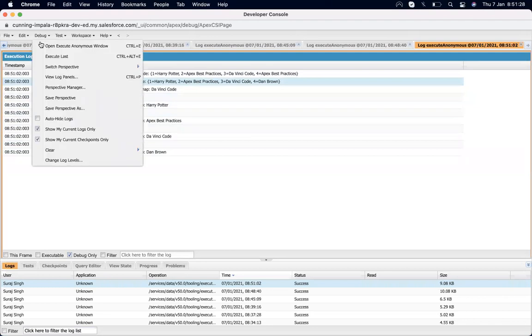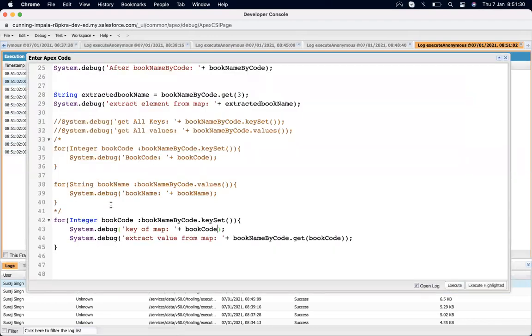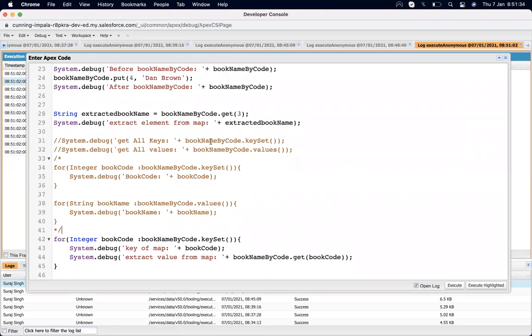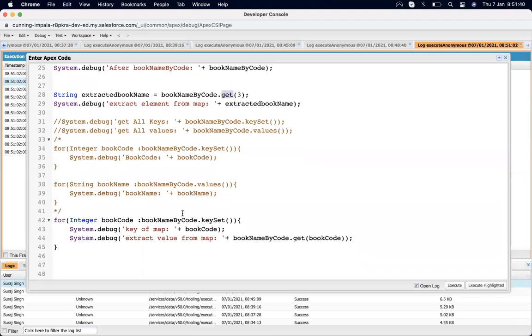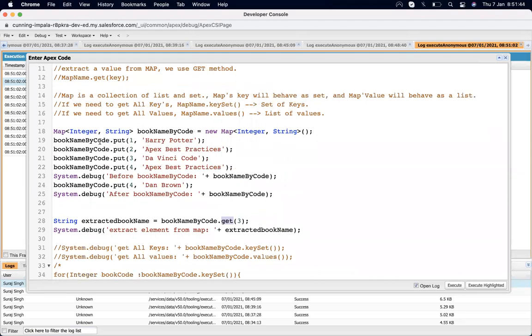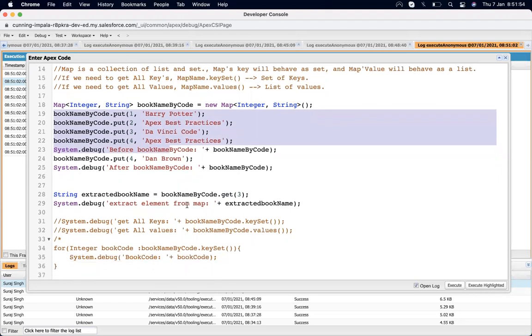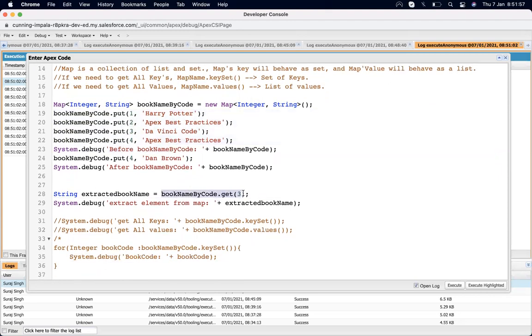So how do we get the value from a key? We already discussed that by using the get method we can get the value from a key. But if the elements are much larger, if we have thousands of elements, then it's not possible to write each key one by one.